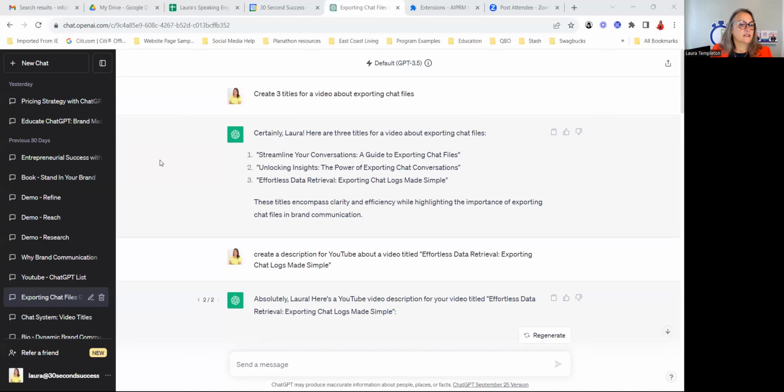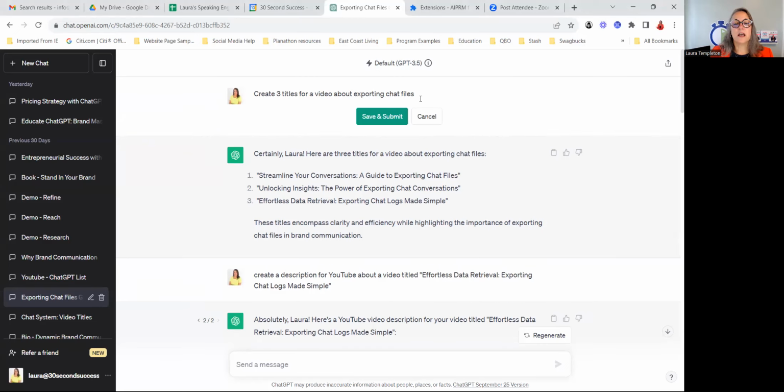And here's why. Take a look at this chat that I started with the prompt. Now, I would love to be able to reuse this. I've already posted this information. I've exported this file, so I don't have to worry about overwriting it. So I might as well just start here instead of starting a whole new chat, right? So create 3 titles for a video about exporting files. Nope, let's change that. I want to talk about toggling